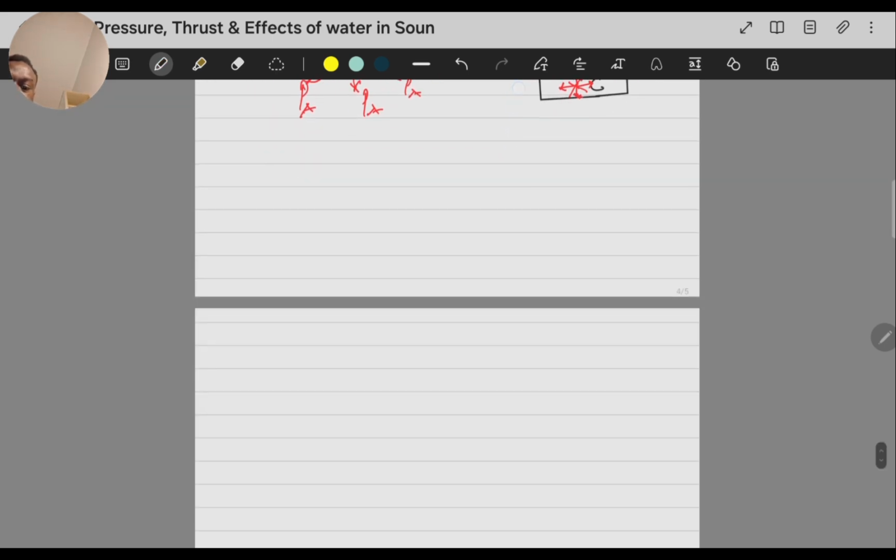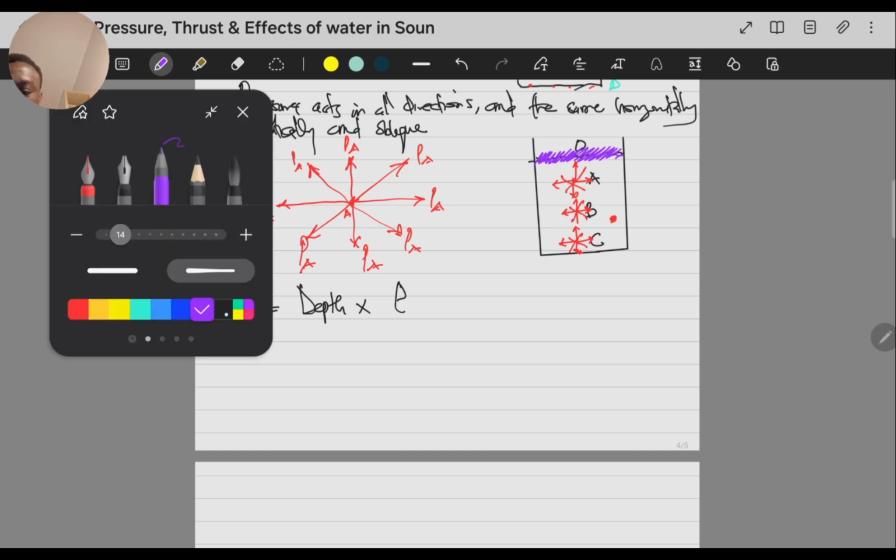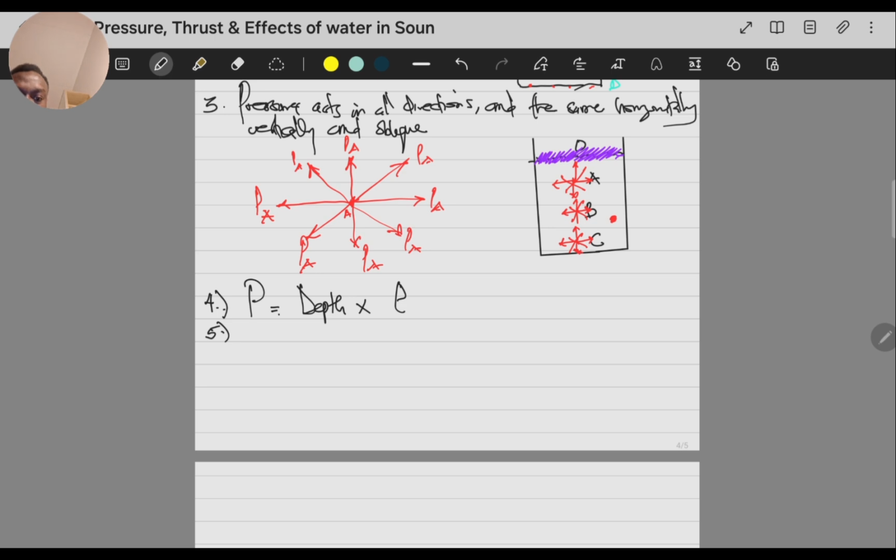Now, going forward, another thing I want to point out is this. Please note that when you are calculating the pressure, we said it's depth times the density of fluid. The depth is the depth from the liquid surface. It's always the depth from the liquid surface. And then another thing I want to point out, number 5, is that